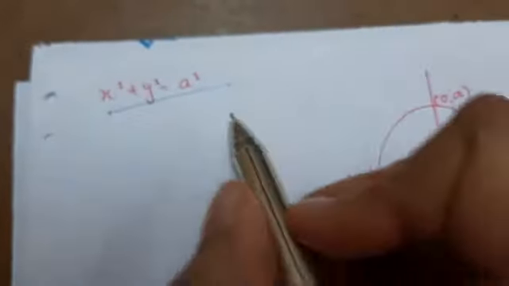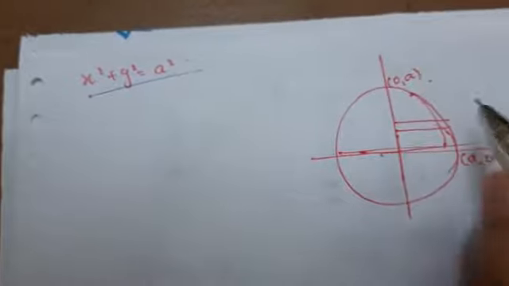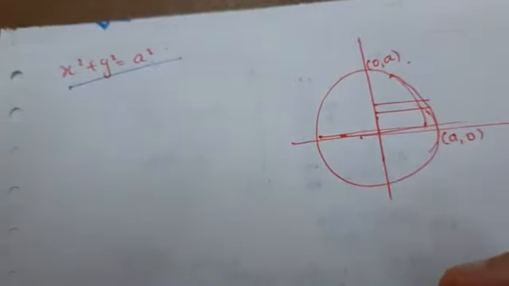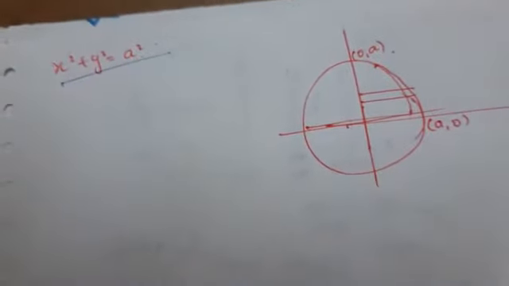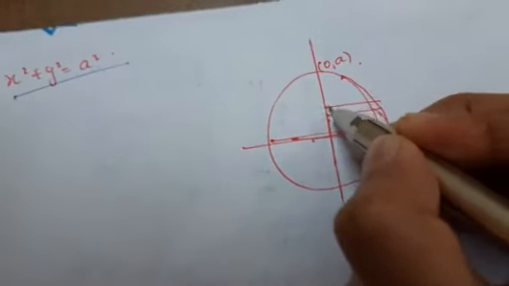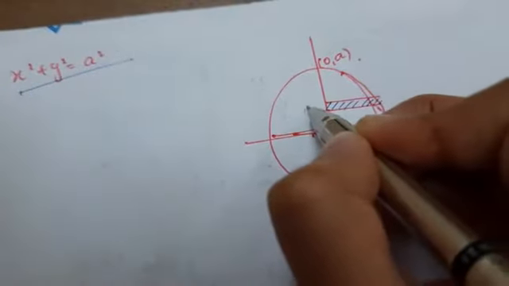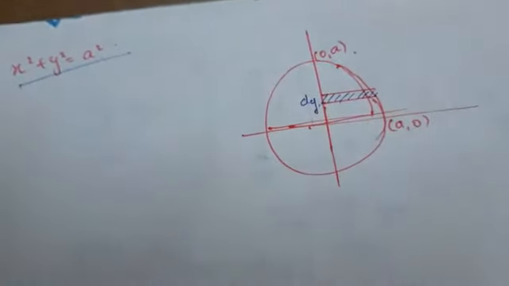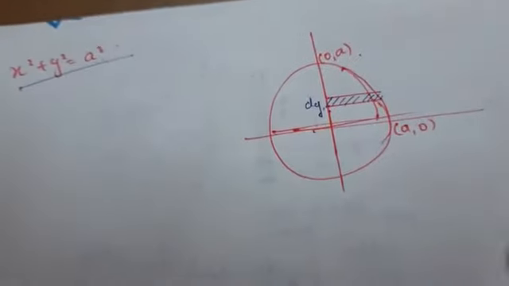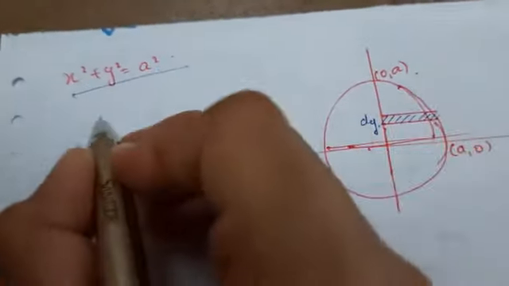In the previous problem which we solved, I considered the vertical strip. Now here I am considering the horizontal strip. Let us see whether we are going to get the same answer or how it is going to vary. So here we have a horizontal strip. Horizontal strip means the width of the horizontal strip is dy, so we are integrating with respect to dy. So how will the function be? The function will be what?